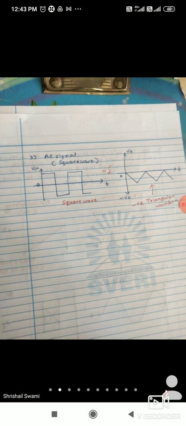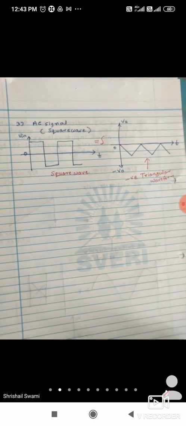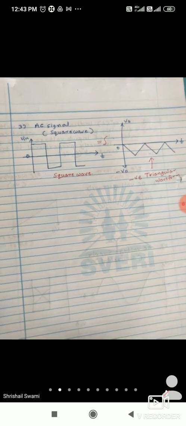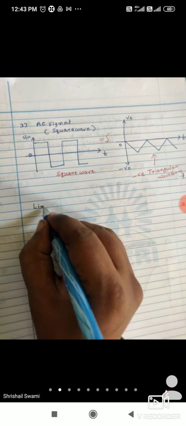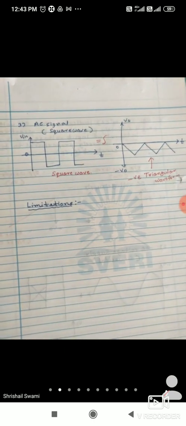So the output waveform is the integration of input waveform. Are you getting my point? So these are the nature of the output waveform you are getting when you are connecting the different types of input at the inverting terminal. So any questions up to these three waveforms? Now there are some limitations. So how to remove these limitations, or how to remove the drawbacks, that we are going to understand in this point. इथपर्यंत कोणाला काय अडचण असेल तर विचारू शकता. So where the limitation we are getting to use the integrator circuit, so that we are going to understand.